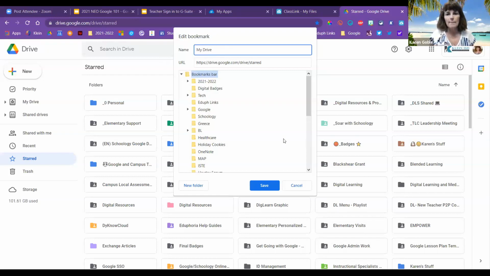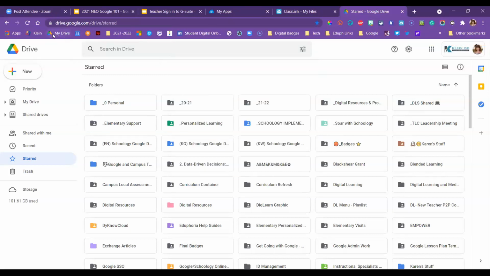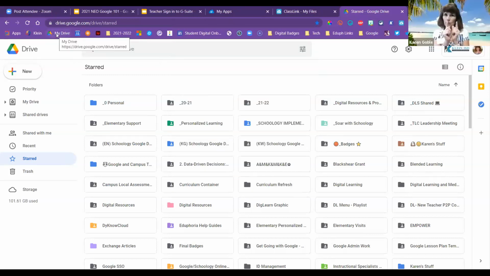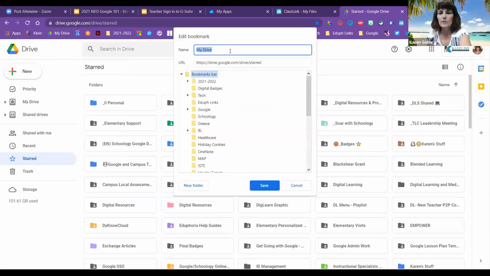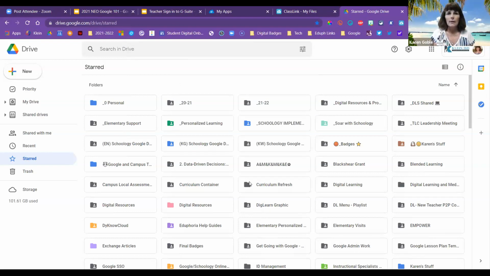When something has an icon like this, let me show you what happens. You leave those there. Do you see how it takes up about a half inch or an inch of space? Well, I have lots of bookmarks and I don't need it to say my drive because I know that this icon means my drive. So what I did was I just hit backspace and deleted that and hit save so that I had the icon. Anything that has an icon, like Schoology has an icon, so I took out the words Schoology. I remove them if it has something like Adobe Spark. I don't need it to say Adobe Spark because I recognize that icon. You can do that